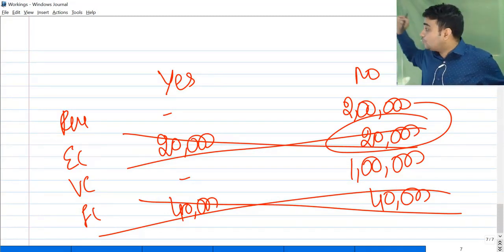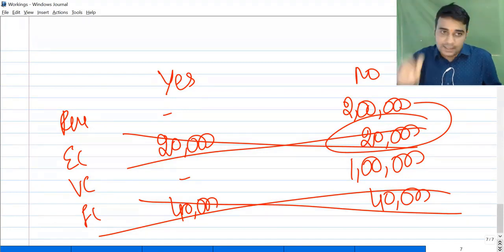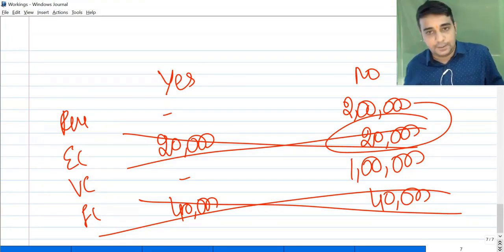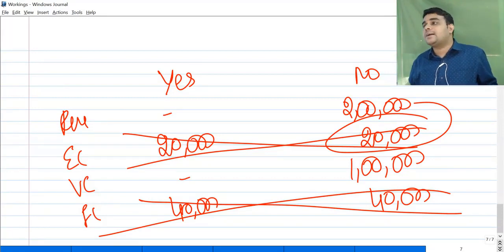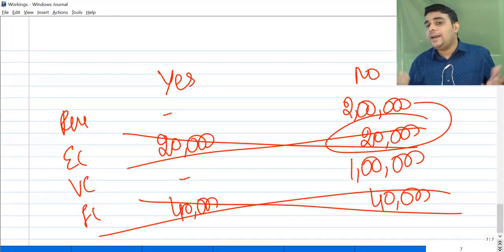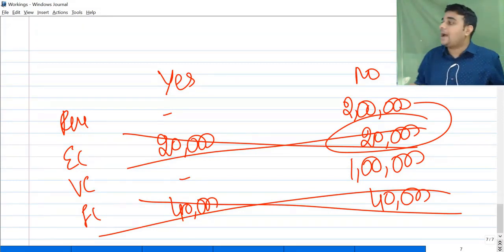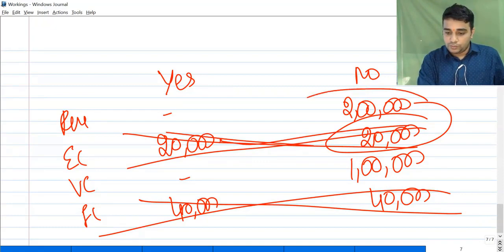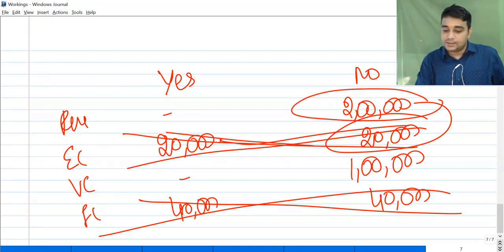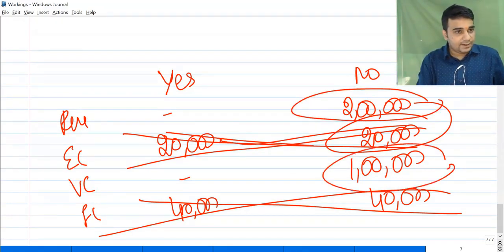By mistake they will subtract it. If contribution was calculated by subtracting employee cost, then you need to add it back. If it was not subtracted while calculating contribution, I don't want you to add it back. If it was subtracted, now listen, this 20,000 is irrelevant. So this 2 lakh is my loss. This 1 lakh is my saving. Net I lose 1 lakh rupee.